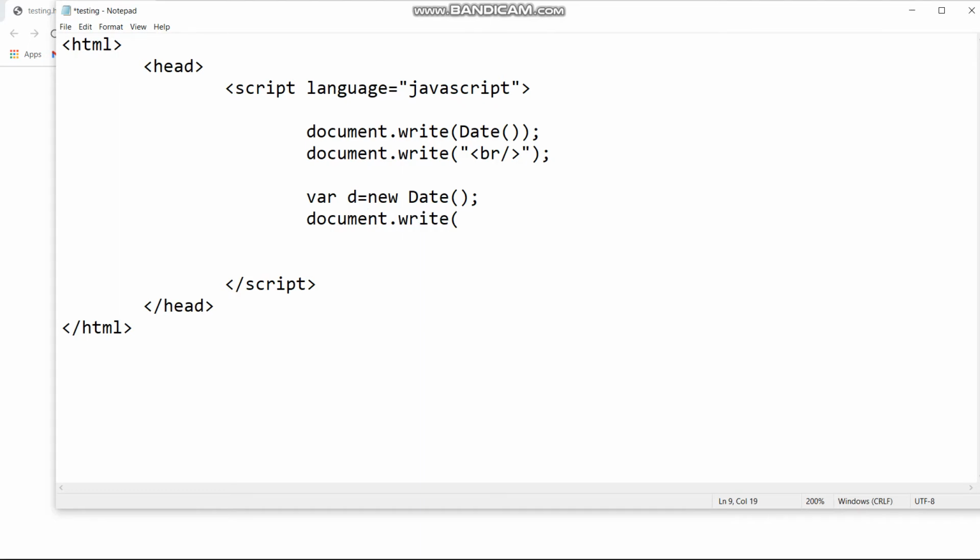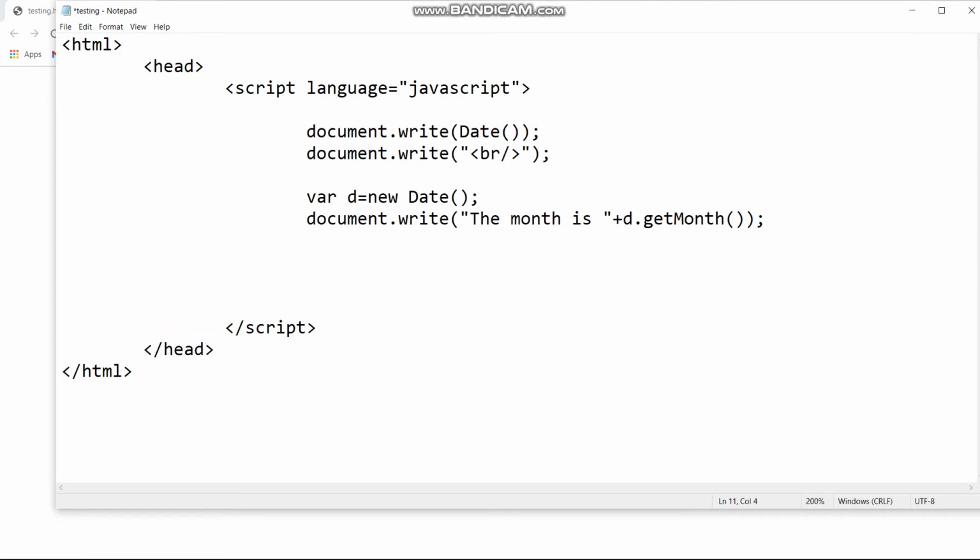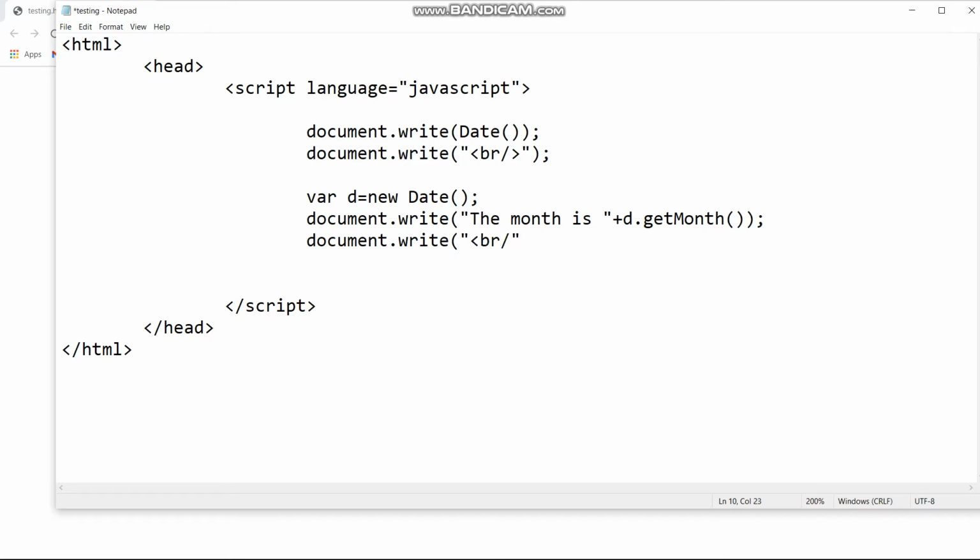And then I also want the month and the year after this date or time or whatever you say. So document.write, the month is, and then concatenate d.getMonth method. It will give you the appropriate month.